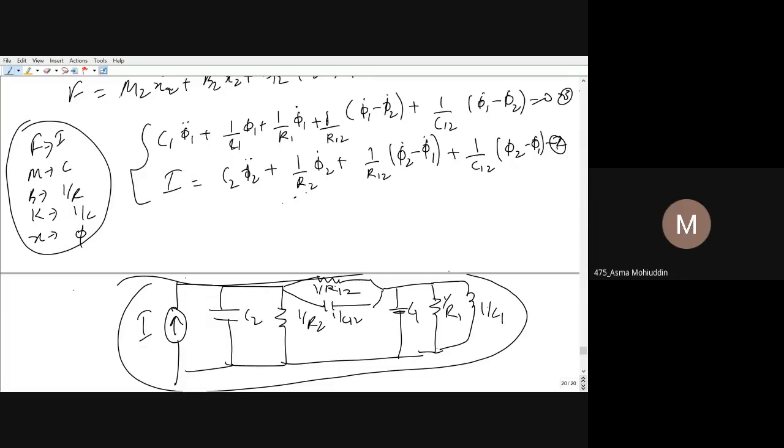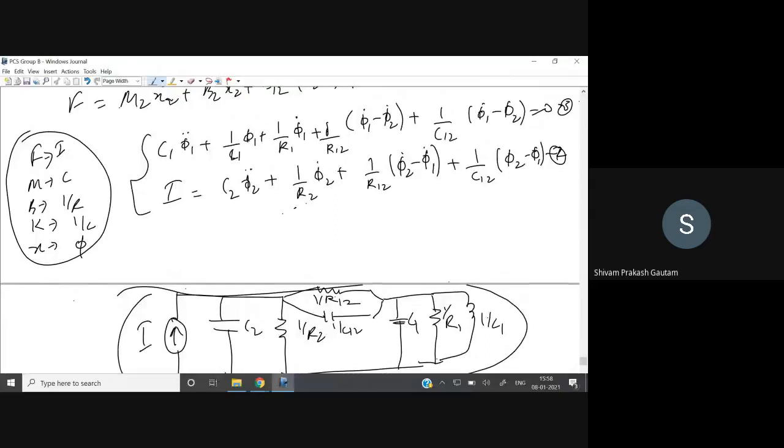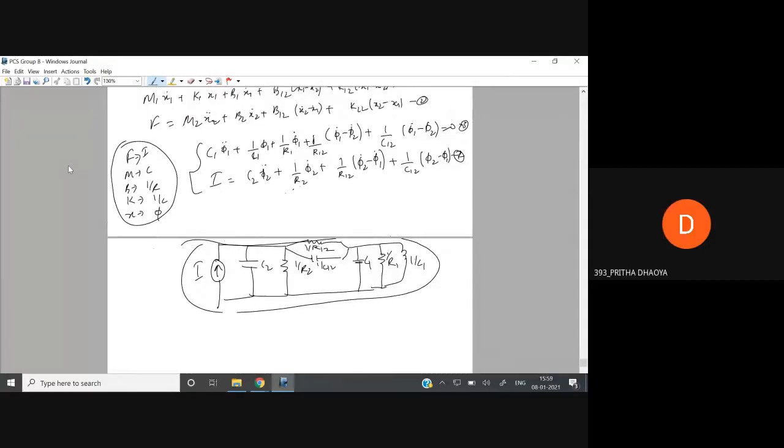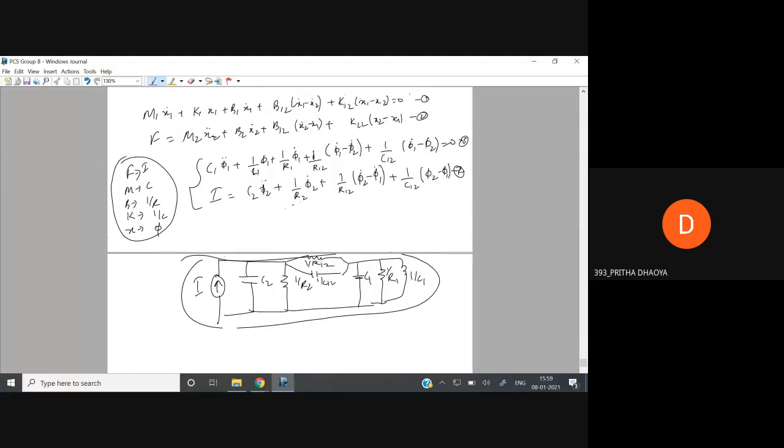Sir, for the common components, you used parallel. Yes. That method here will be 1 by L12. Sorry. So in equation 3, it will be 1 by L12, psi 1 minus psi 2. Which part are you asking about? You are saying this part. Equation 3, the last term. Yes, sir, this one.